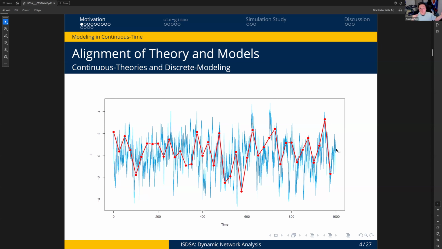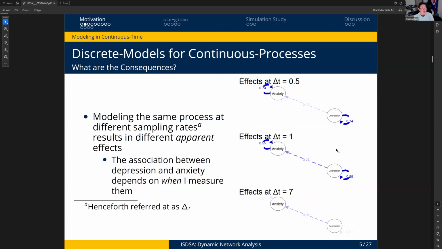But then if we sampled me, let's say every day, how angry I am today might not be as predictive of how angry I am tomorrow. And so the effect of the lagged association is time dependent, or at least sampling interval dependent. And this led me to think about what happens when we try to find subgroups in continuous time models or in discrete time models.